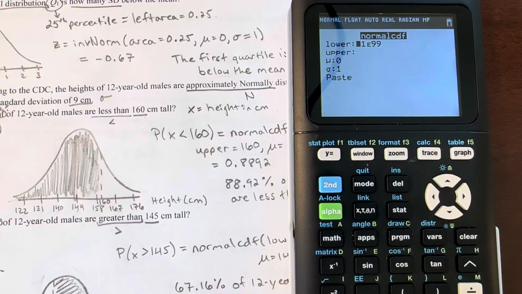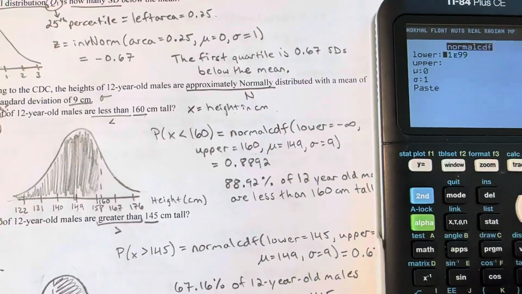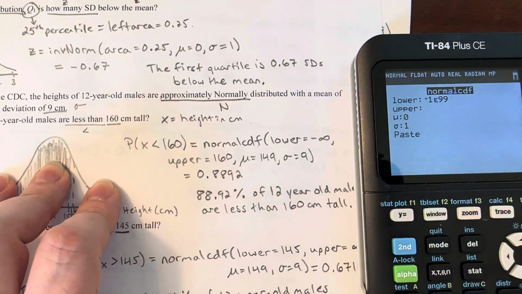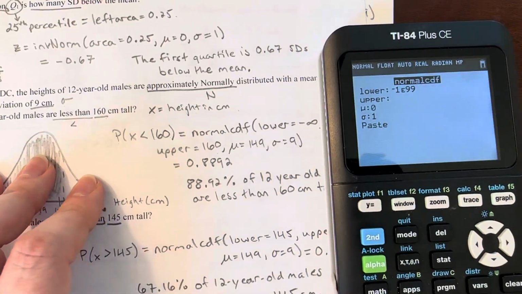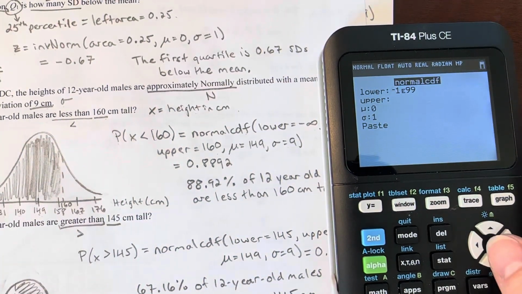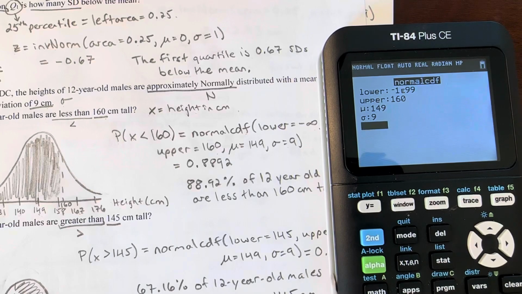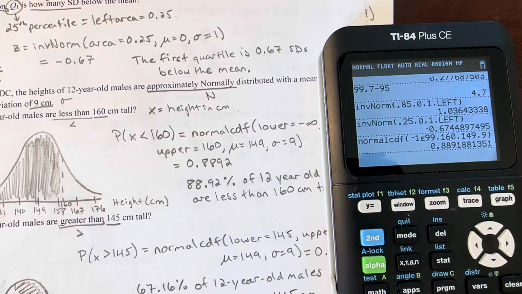And I'm going to type in, see, I have my negative infinity already in there. That's that negative 1 times 10 to the 99th. The E is the calculator's version of scientific notation, basically. My upper bound is 160. My mean is 149. Don't forget to change these. Standard deviation is 9. If I paste that in and calculate, I now have